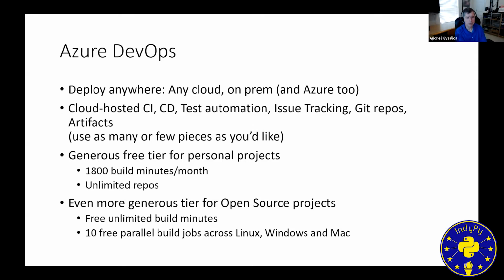So Azure DevOps in the house has pipelines. So that's a cloud-hosted CI and CD tool set. It also has test automation and test management, issue tracking, built-in Git repos, and artifact storage. And the nice thing about it is you can use as much or little of that as you like, right? So I'm going to show a project where our code is in GitHub, and we're using just the pipelines in Azure DevOps, right? We'll show another project, some open source projects that are using just the pipeline features for